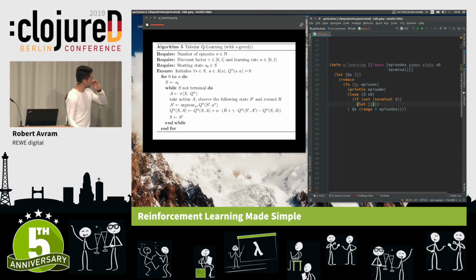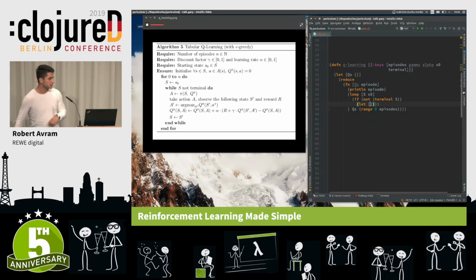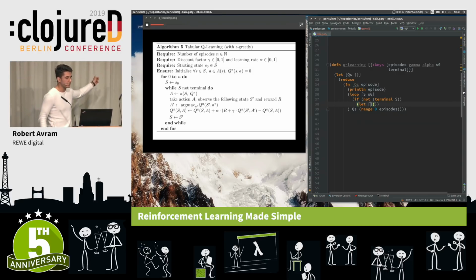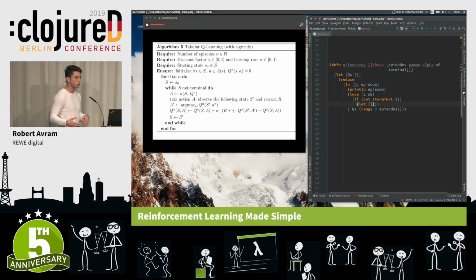The next two lines are a bit more tricky. They are basically this learning step that the agent does. It says, pick an action A with this pi thing. This pi is basically a name for the policy. Pick an action A, take that action, look at the state that you're going to go into, and look at the reward that you receive.